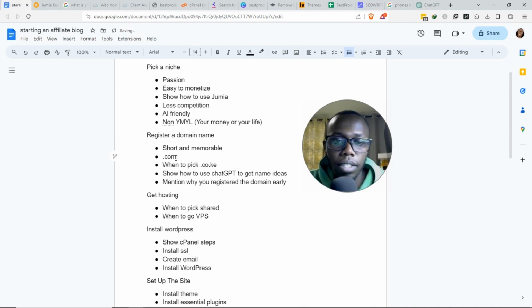The next thing is you need to pick the .com domain. So .com domain means this is something that's universal. It's something that goes everywhere. Now, there are some times that you have to pick a .co.ke. So this works if you are targeting Kenyan market, because in my experience, it's easier to rank a .co.ke domain